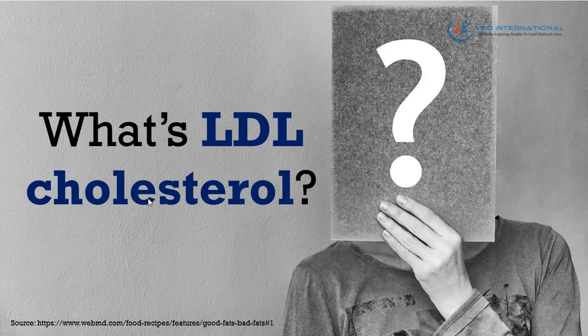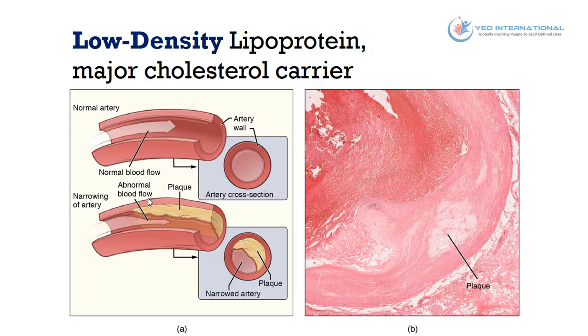cholesterol. So what's LDL cholesterol? LDL stands for low density lipoprotein, and it is the major cholesterol carrier in your bloodstream. If there's an excess amount of LDL circulating in our blood, it can slowly accumulate in the walls of our arteries. It will combine with other substances and lead to the formation of plaque, as you can see in the diagram there, which can clog up the arteries feeding the heart and brain. This will inhibit flow of blood to our vital organs as the artery walls become less flexible and able to adjust to the flow of blood.